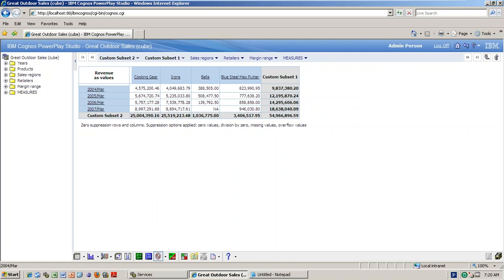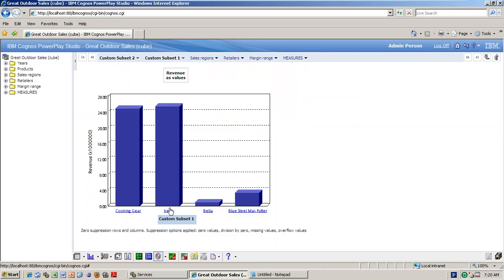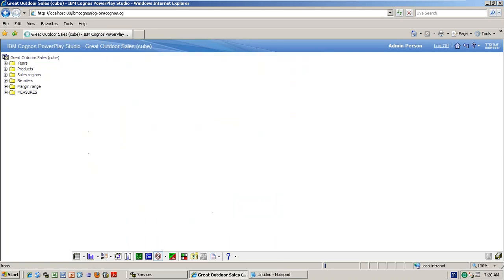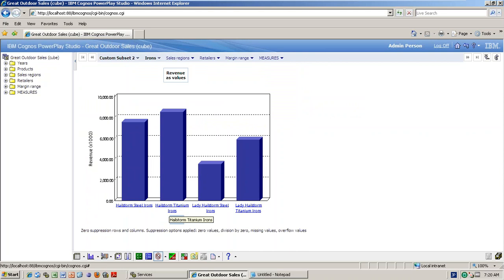So the analysis can be done, and you can see as usual any charts and all those things. And you can dig down if you want to see the irons, all the products, you can see it. And if you want to reset it, yes, you can reset it. So all the values will come. And if you want cross tab, then you know, right? Cross tabs.